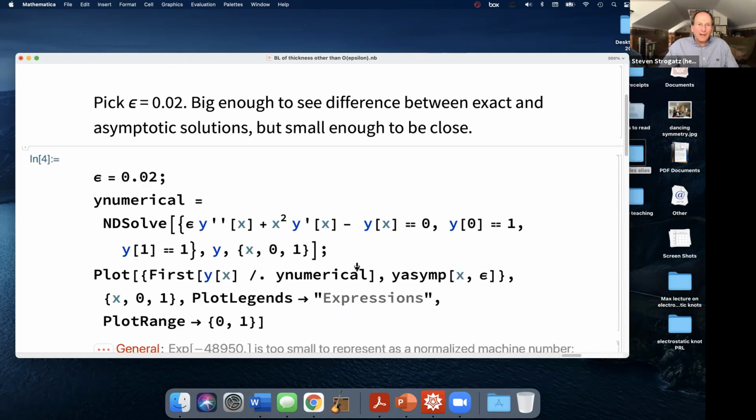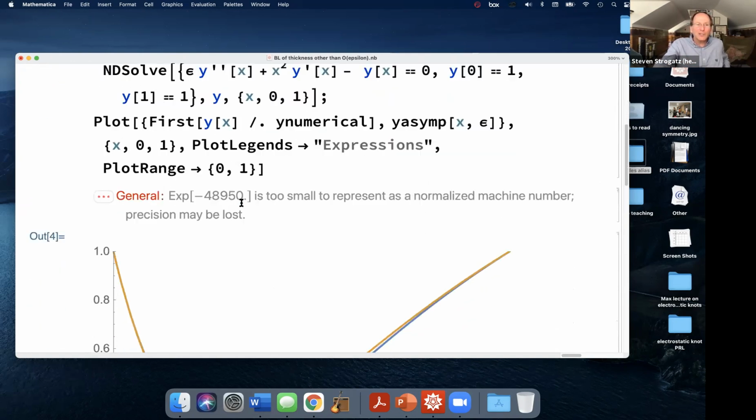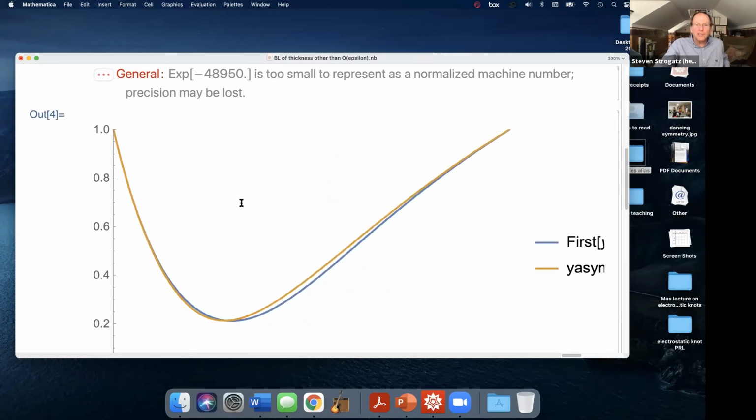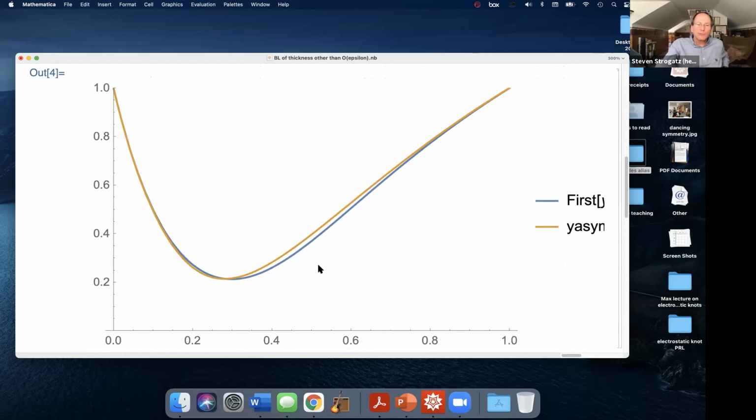So here I crank what I consider to be the exact solution by doing it numerically. God forbid the math department would see me saying that. But it's the closest I can come to an exact solution because Mathematica couldn't solve it. So it's a very high accuracy numerical solution. And I also plot our asymptotic solution, and this is what we get. So you can see we're doing pretty well. The blue curve is the numerical, the orange curve is the asymptotic. It's working pretty well over the whole range.